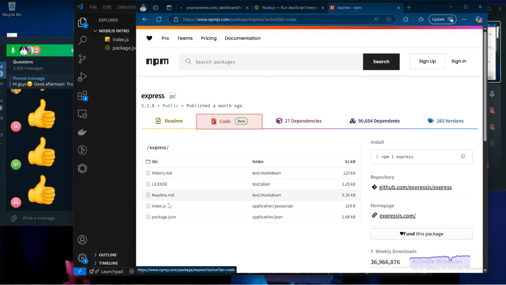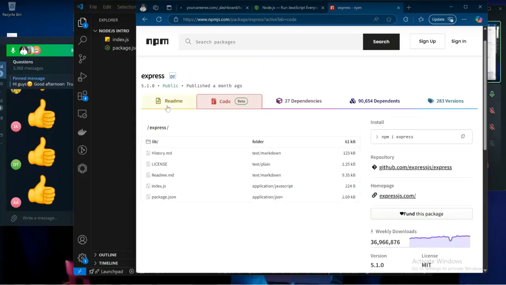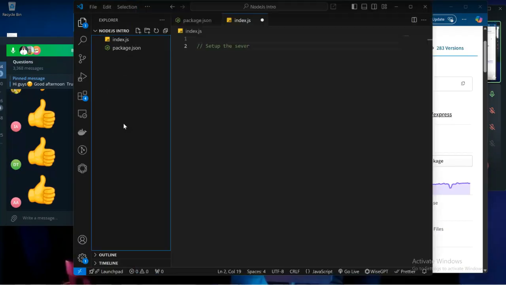This is GitHub, the way it appears on GitHub. It has been written and bundled out and pushed for anybody to use. It is also maintained and updated with time by the collaborators of this particular code base. So all you need to do first is install Express into your backend. So that brings us to what we call